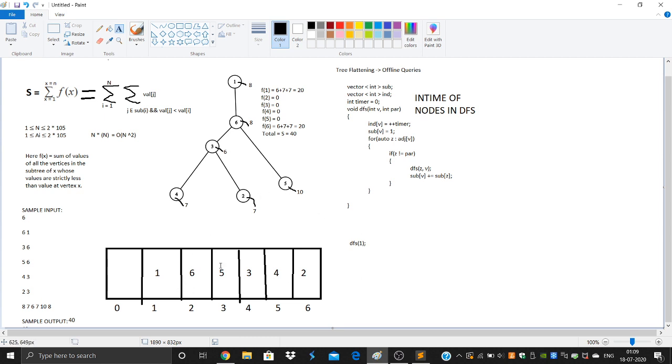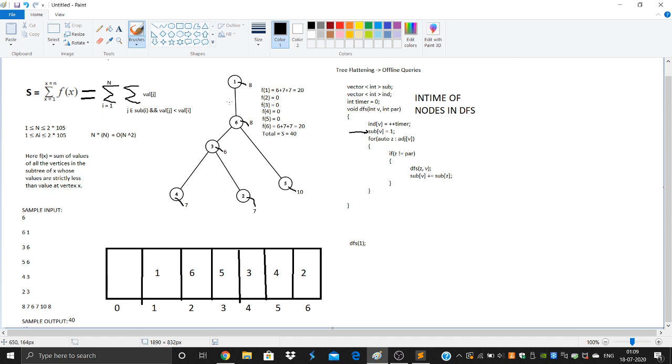But then you might ask, how is this related to the linearized structure that I had made over here? Actually, this is the linearized structure. I would now like to draw your attention towards this array SUB. I have done nothing in SUB yet. It just represents the size of the subtree of a given vertex. So SUB of 6 would be 1, 2, 3, 4, 5. That would be 5. Subtree size of 1 would be 6, as it is the root node.